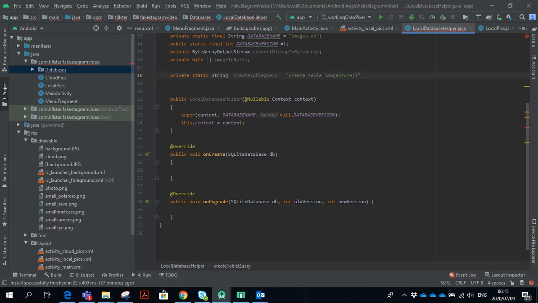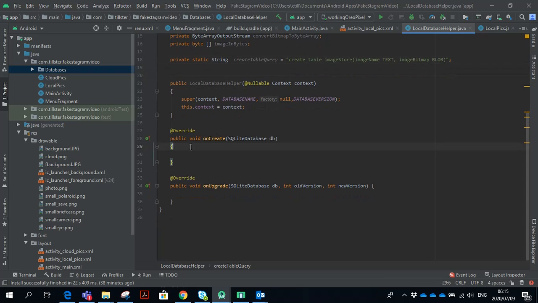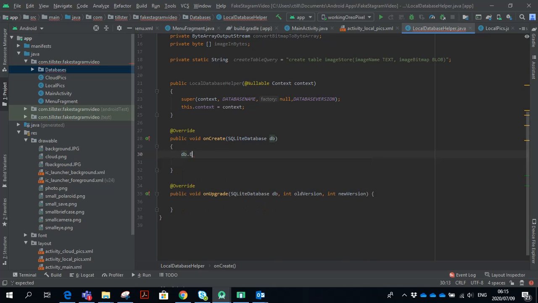So create table image store, and inside there we're going to say we want an image name, which is text, and we want an image bitmap, and the type is blob. So there you go, get that query in there. And what we're going to do now is we are going to actually try and use that query. Okay, so we're going to come into the onCreate method and we're going to say db dot,